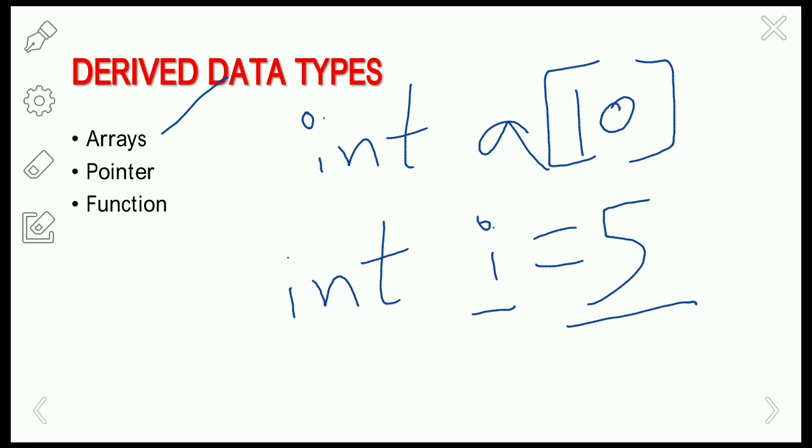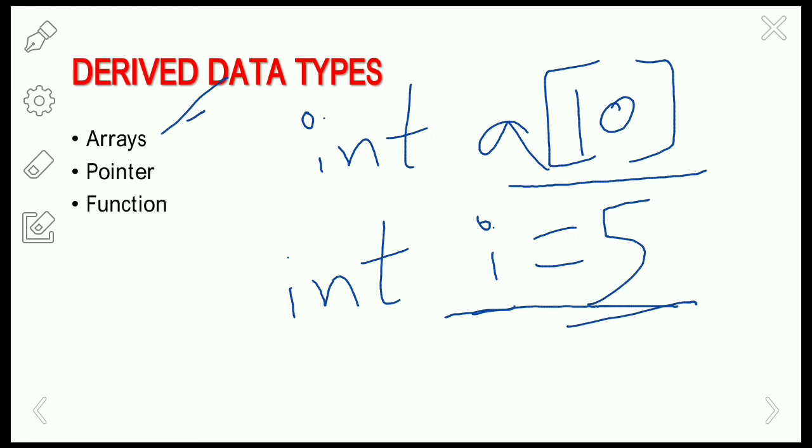If you are using the variables concept only, then I have to create 100 variables for the 100 persons, right? I have to create 100 variables for storing the ages of 100 persons. So it is very difficult to do. That's why we are using arrays. Using an array subscript or array index, we are going to store multiple values in a single array.